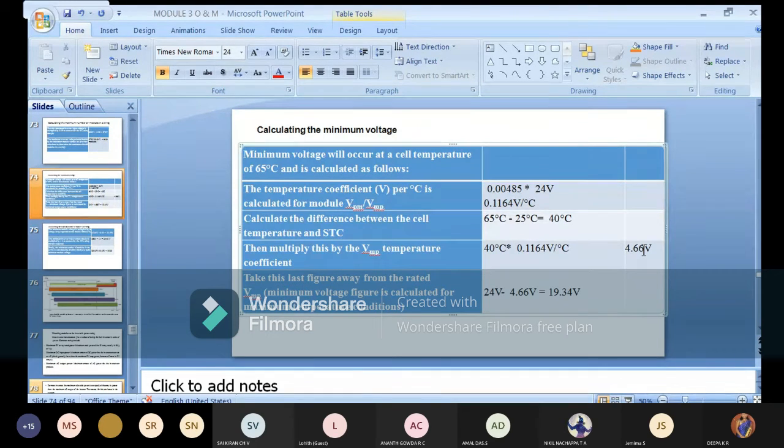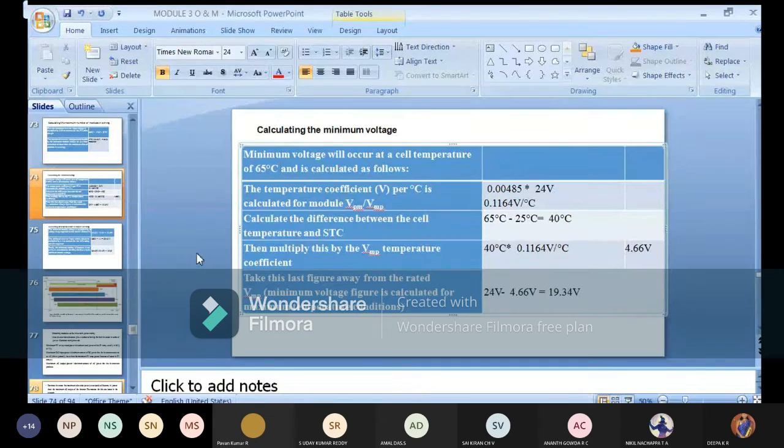Whenever you're finding the minimum voltage, we'll try to subtract. Okay, so from the question, how much you are expecting each module? 24. So you are subtracting with this temperature coefficient voltage, that is maximum power temperature. So 24 minus 4.66 volt, you guys are going to get an answer called 19.34. Okay, so this voltage I need to keep it, because dividing this with the inverter input voltage, then only I can find out what exactly the total number of modules are required for implementation. Okay. So here 24 minus 4.66 is equals to 19.34. Okay, you can write down the term called 19.34 under minimum voltage calculation.